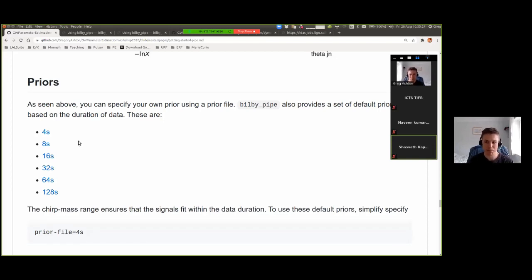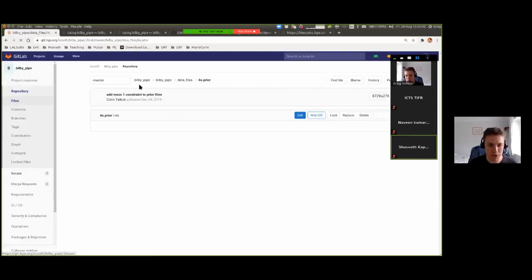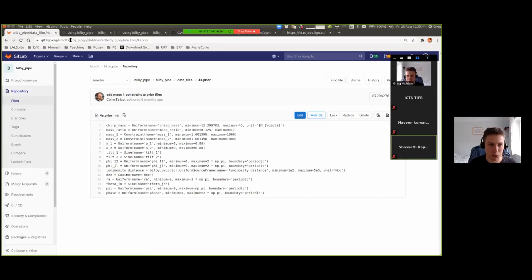You can use separate priors for different durations, but in general, if you use the same duration and the same prior file, you'll make sure that you don't have templates which come out which don't fit in the duration and things like that. So we can click on those, and that will take you to where those are defined in Bilby pipe. So the path is right there. And so you'll see a lot of things are sort of constant between them. So these are set up for processing